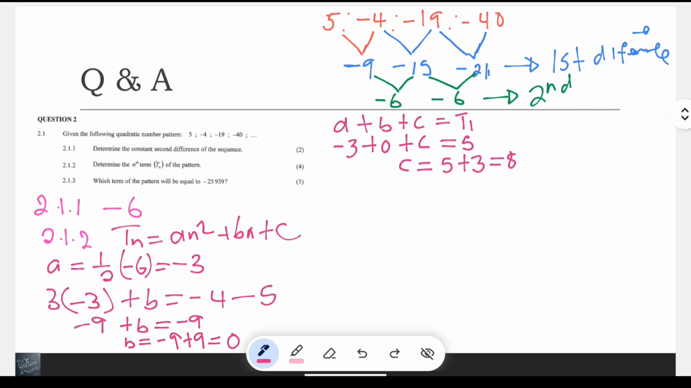Now, remember we are looking for the nth term. So in this case, we're going to replace our a with minus 3, our b with 0, and c with 8. Now, let's write our general equation. Then our Tn is equal to, what is our a? We found our a to be minus 3, so it will be minus 3n squared. And then what is our b? Our b is plus 0n. And then what is our c? Our c is plus 8. So now this is equal to minus 3n squared plus 8. Right? Perfect. So now let's move to